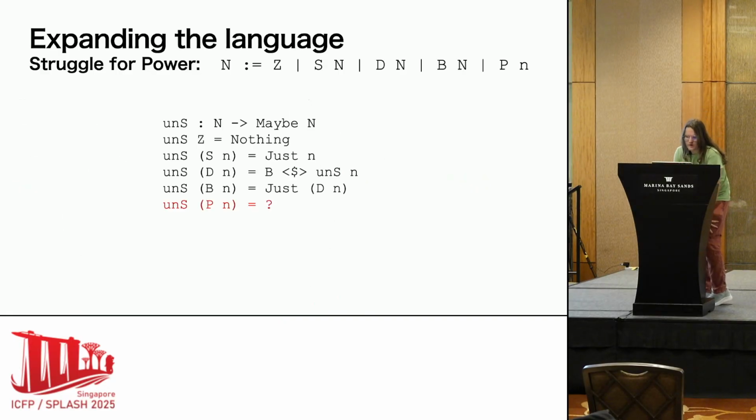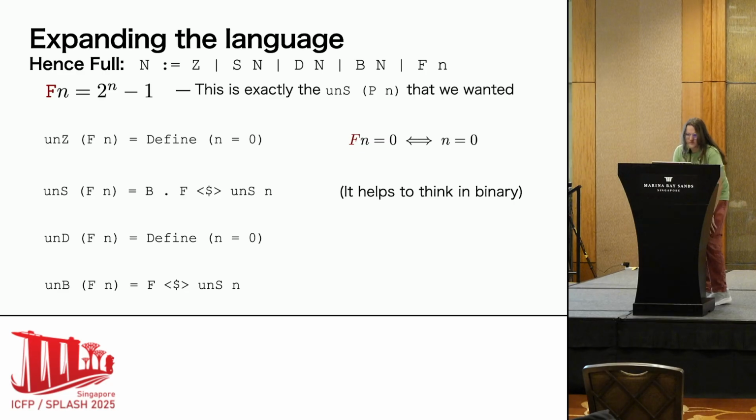So it turns out what we want is actually to take the predecessor of double and put that in our language. So that makes things much easier to write, and this is the key observation of our paper, that full is much better behaved than power. Why is it called full? If you think in binary, 2 to the n minus 1 is all of the ones for your vector of bits, versus power, which is just 1 followed by a bunch of zeros. So we call this full, and it behaves very nicely with our other operators.